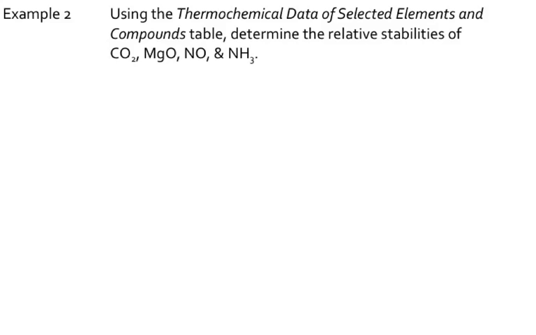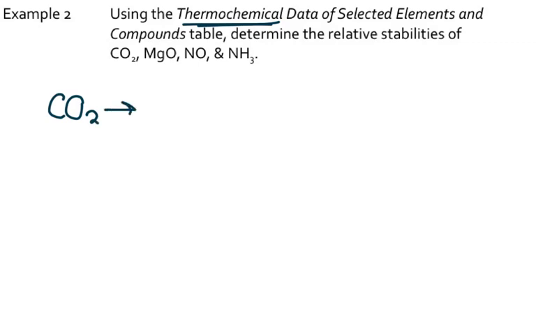these compounds are, and that's where the thermochemical data table comes in. It's in your data booklet. It is a long table. It's got 3 columns. The good news is most of the compounds are listed alphabetically. The bad news is that not all of them are, so it will take a little bit of searching to find them. But if we go and we look up the delta H values for each one,